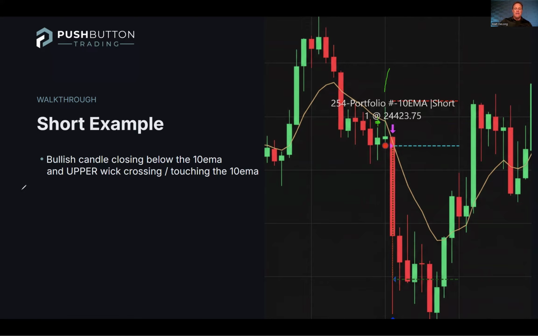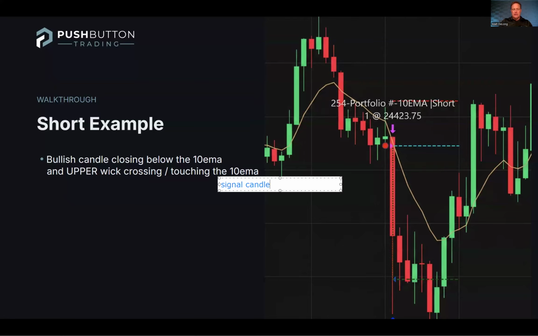Our next live candidate is right here, where we have a candle. It is a bullish candle, right? And it is interacting with, crossing or touching, that 10 EMA. Can you guys see that? Now you're like, Matt, what is that red dot? The red dot represents what we call